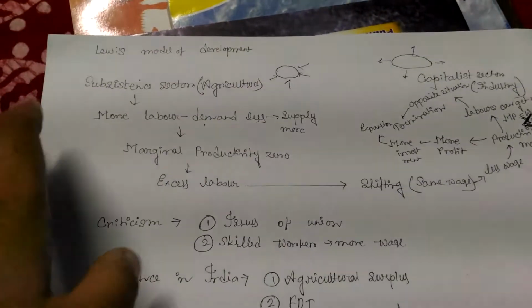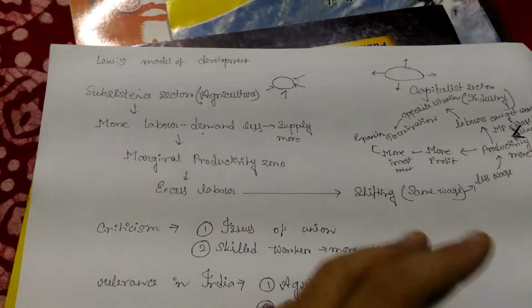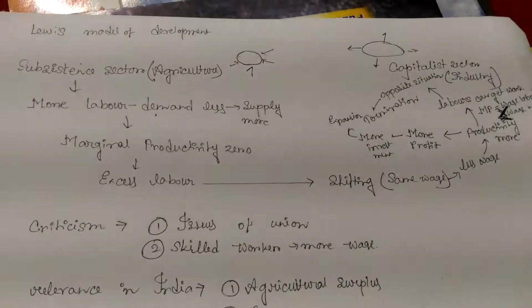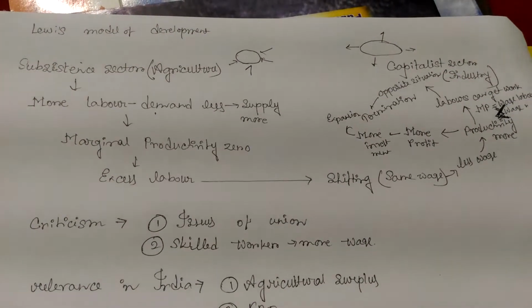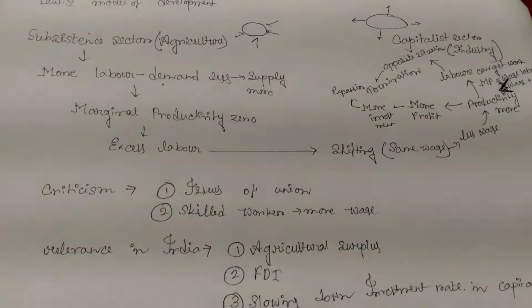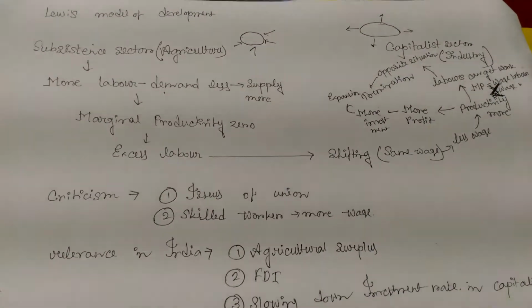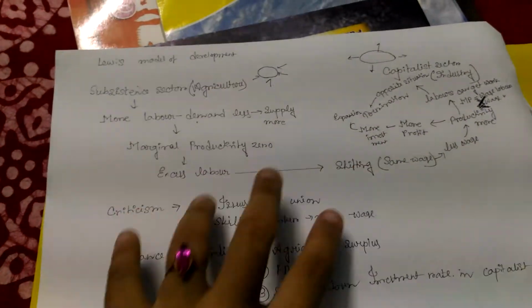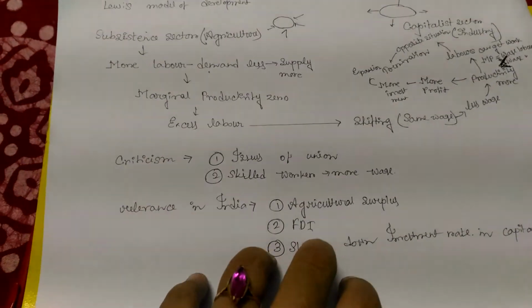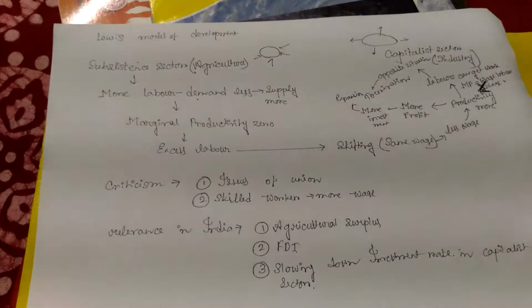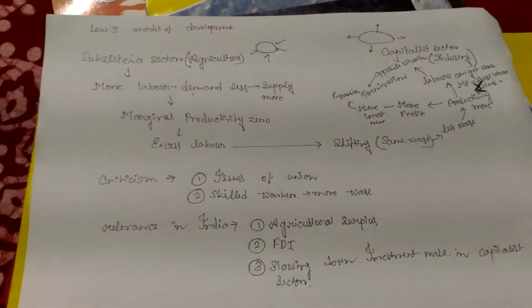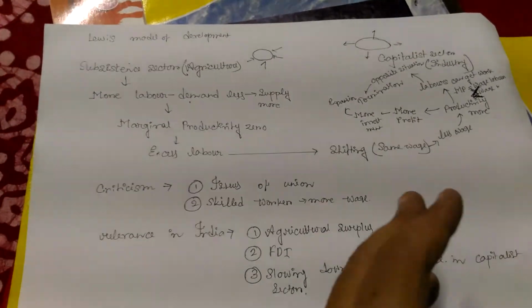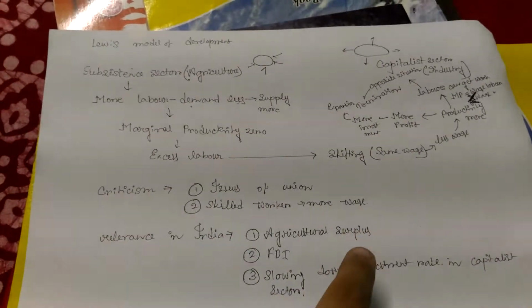So what he has said is that yes, the withdrawal of agricultural labor into the capitalist sector is obviously showing that the economy is moving toward development. But the question is how far it is profitable for the labor class people. One criticism of this model is that Lewis has not mentioned the issue of unions, because unions have always forced the industrialists to increase the wage of the labor. Also, skilled workers are sometimes important, since unskilled labor cannot always be hired. So these points are missing in this model.